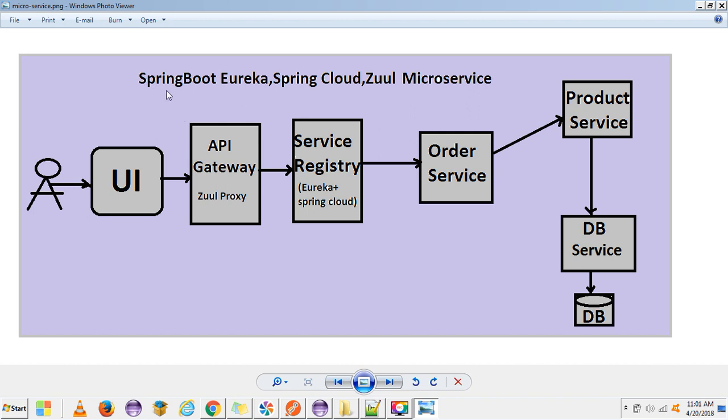So this is the application architecture I am going to create. If you see here, we have the UI layer, then the API gateway. For the API gateway, I'm using Zuul proxy, and for the service registry I'm using Eureka, and this service registry is something where all the microservices are registered. Why are they registered? Because we have